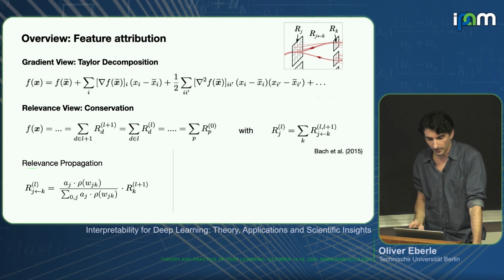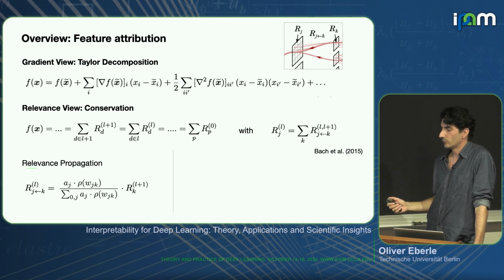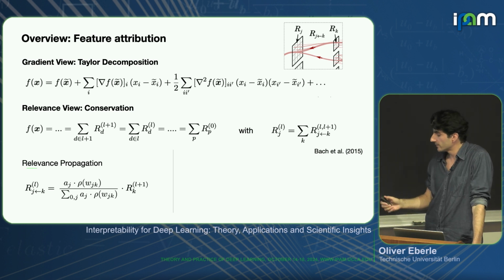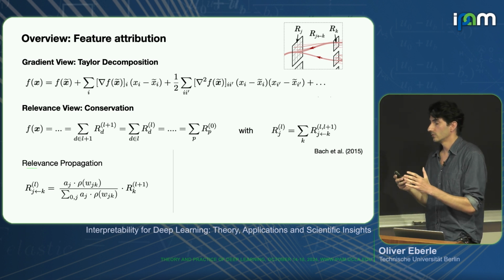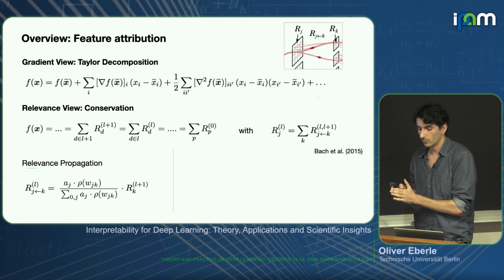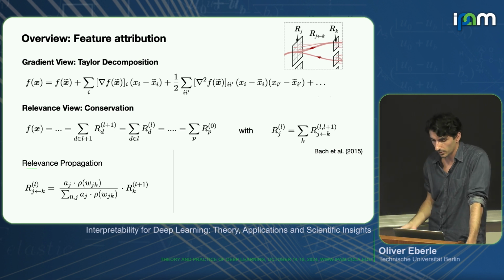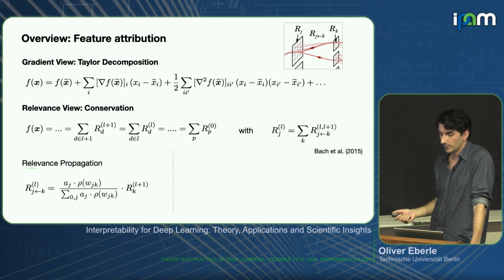Yes, so we have a second view, which is this relevance view, where instead of looking at the model from a global perspective, just computing these global gradients, you go layer by layer and decompose the whole network into successive layers and analyze each of these components in isolation. And what can help you there to set some boundary conditions between what is happening in these layers is you can exploit this idea of relevance conservation.